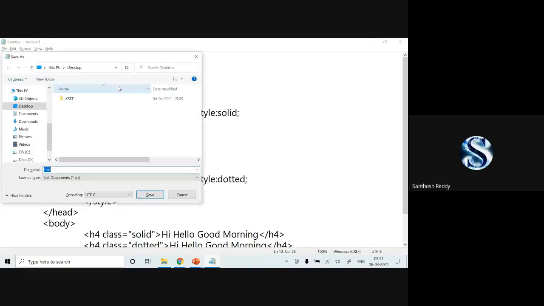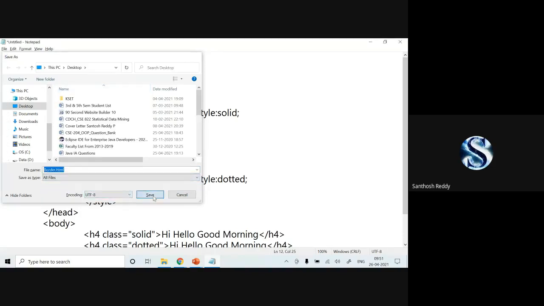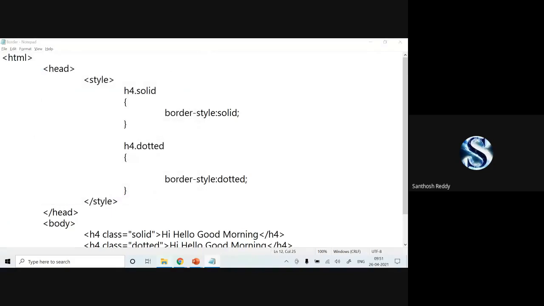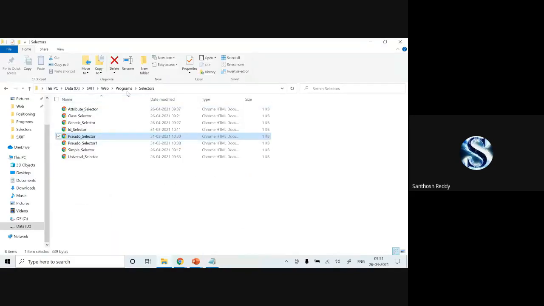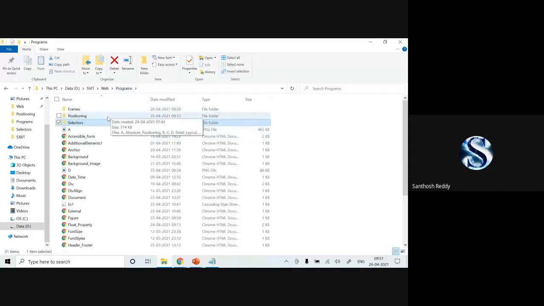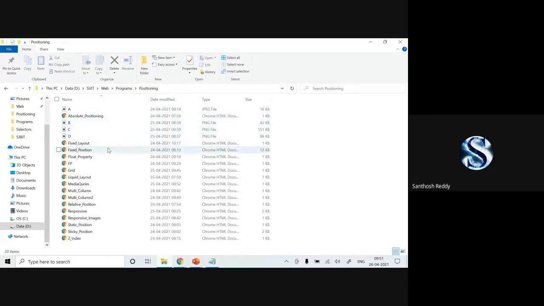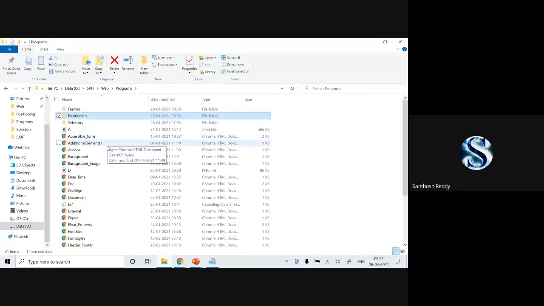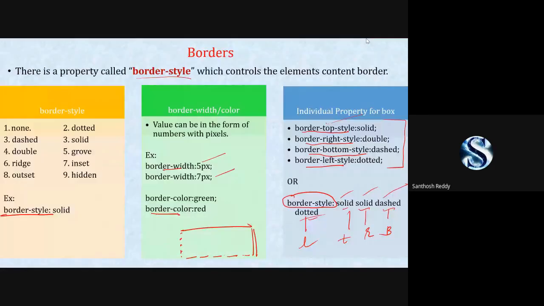Save it as border dot HTML. Here it is saved.